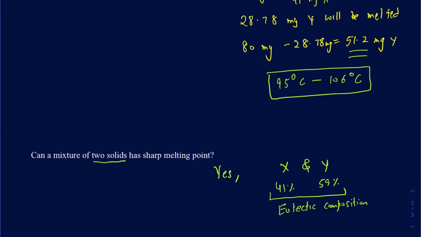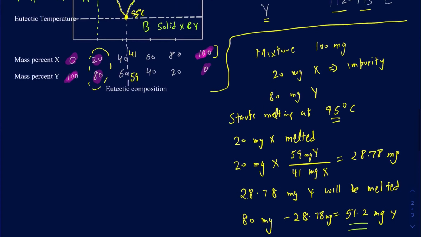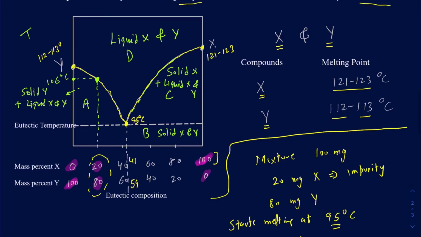It's unlikely to happen, like how likely is it to have the exact ratios of those two compounds that make up the eutectic composition? And to begin with, if you're dealing with any two compounds, you don't even know what their eutectic composition is going to be unless you do some experimentation and make this graph and figure out where that's going to